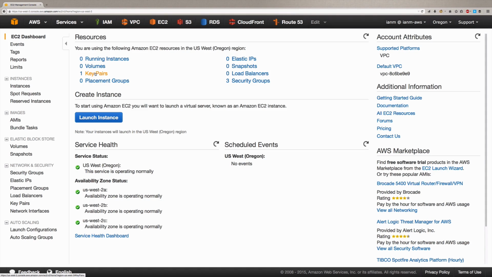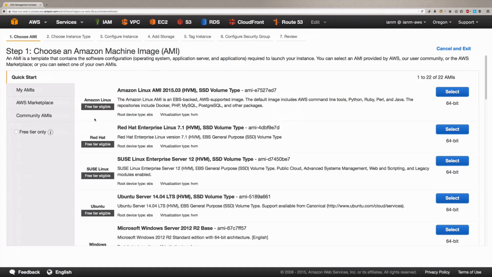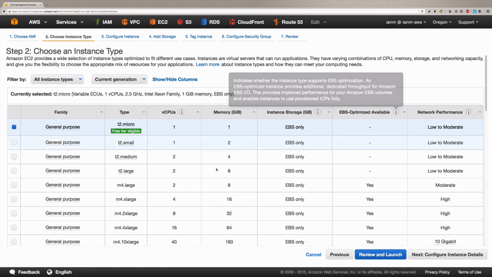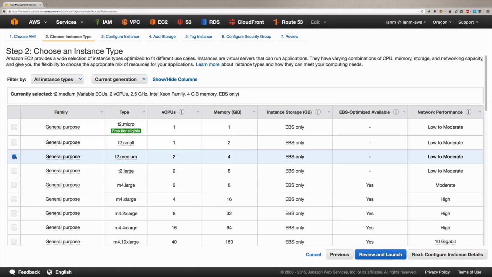I've got a pre-created key pair which I'm going to use for accessing my instances later on, and I've got some security groups that I'm also going to make use of for accessing my instances as well. Obviously what we're going to do here is show you the launch process. So I'll go to launch instance, and at this point I'm taken into a wizard driven launch process which will go through the few process steps that you can see at the top of the screen here. So I'm going to launch several Amazon Linux instances by way of a demo here. So I'll select the Amazon Linux AMI, and I'm going to launch several T2 mediums out of that T2 burstable